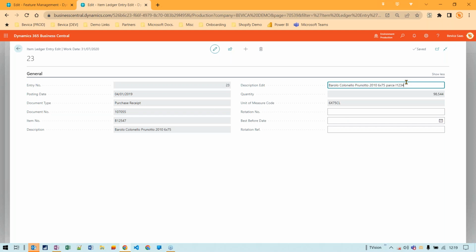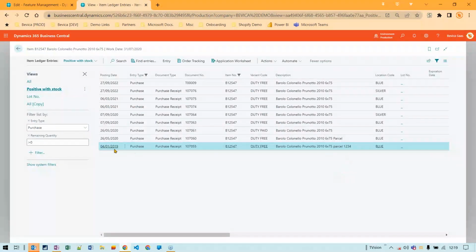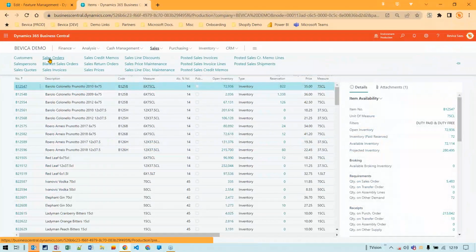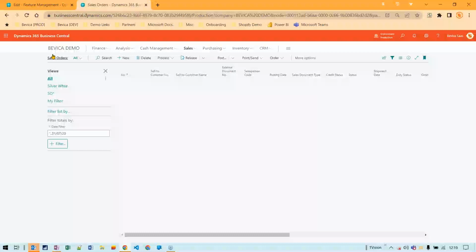So let's just say maybe I wanted to record that it came from a particular parcel, or there's something unique about it that I want people to know about. So you save that there, and then when I close this, you'll see that it updates that particular description on the item ledgers. That in itself is quite useful, but you can also use that when you're placing a sales order. So if I create a new sales order,